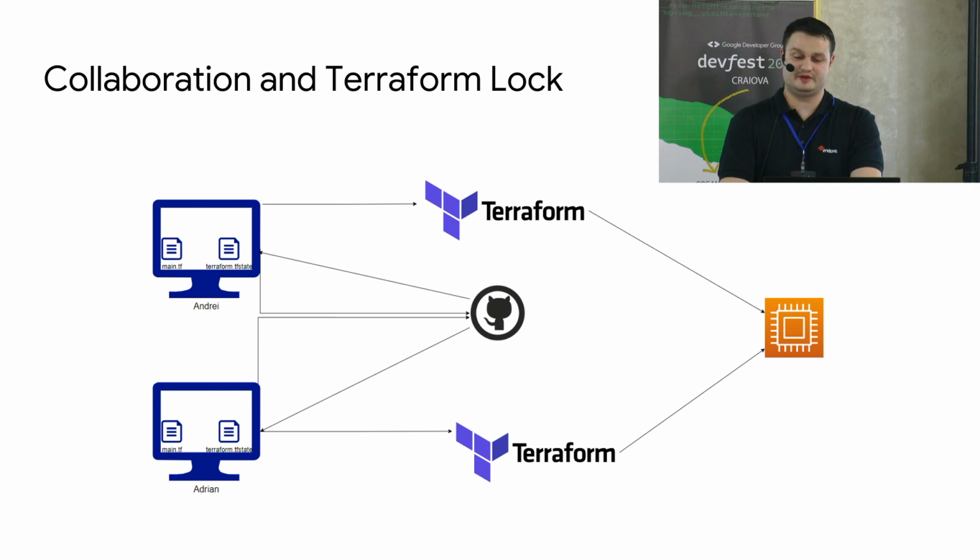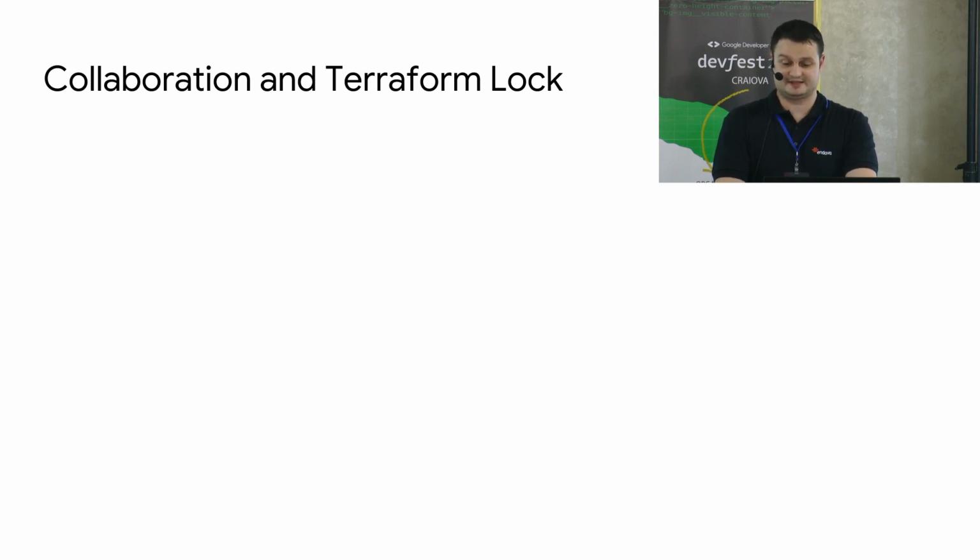Well, in theory only. If both engineers work at the same time, there's a high chance that Adrian forgets to pull and is now working with an old version of the state file. There's also a chance that both developers try uploading the file to GitHub at the same time. Both variants may have damaging consequences on our infrastructure. We'll leave aside repos such as GitHub or GitLab because I've mentioned previously that our tfstate is in plain text.